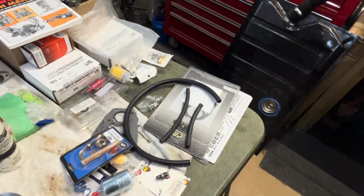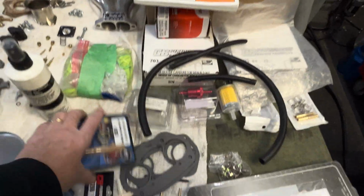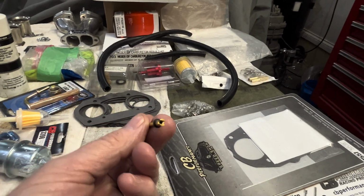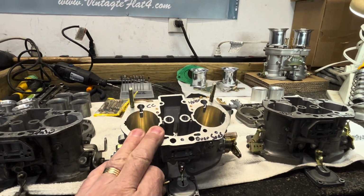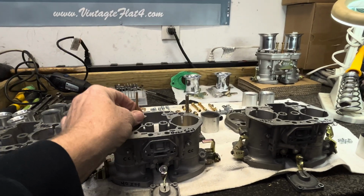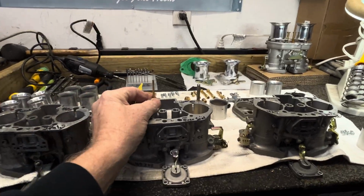Oh, forgot. So here's one of my little things that I've been doing. Some people love them. Some people say they're not needed. We all know about the idle jets that plug. I like what CB did. EMPI now puts them in theirs. So every one of these carburetors that I've been recently doing, that's a premium or platinum build, with the new premium and platinum builds, I'm installing these. So we drill these out so that when it comes time to service,